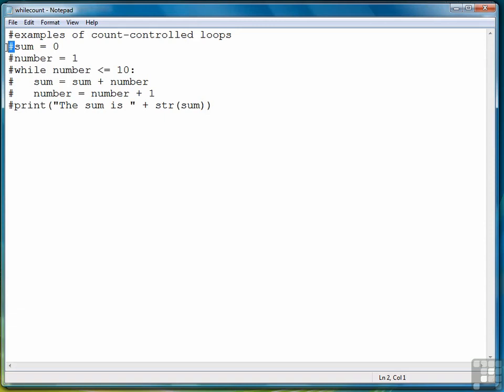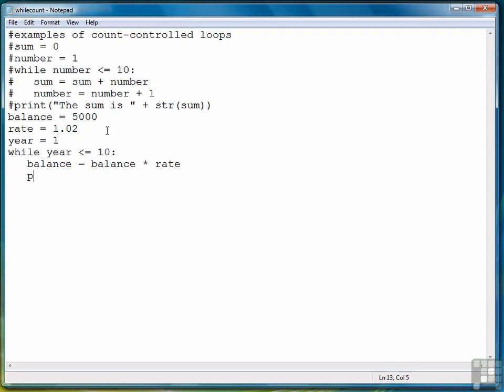Comments can also go at the end of a line, but we'll look at those later when the occasion arises to use one. So let's look at another example of a count-controlled loop. This time we'll do one a little bit differently. This time we're going to look at how to compute some simple interest on a savings account, for example. So we're going to set up a balance variable and a rate variable and a year variable. And we want to see how much the balance will increase, growing at a simple interest of 2% per year for 10 years. So we'll say while year is less than or equal to 10, compute the new balance,